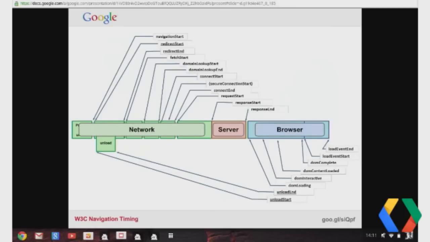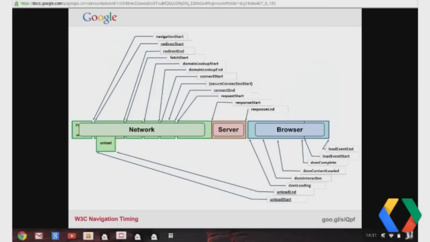The first one is the green one, which is the network. And then you have the server and the browser. And what this tells you is, for any page that you load on the browser, there are 3 broad components that come into play. First of all, there's the network, which is how are you accessing the page. So me accessing the page on my mobile phone versus my desktop computer are 2 entirely different experiences. And a lot of that is due to different network conditions, right? Then there's the server. So the server can be really fast or it can be kind of slow, right?